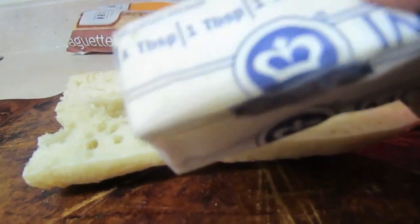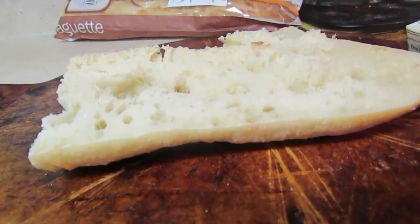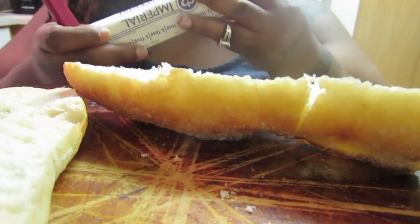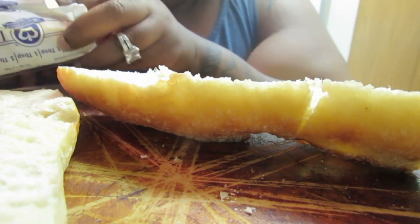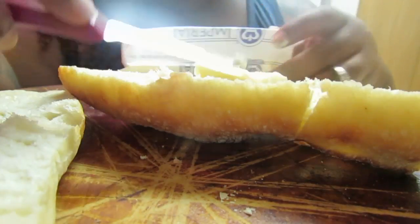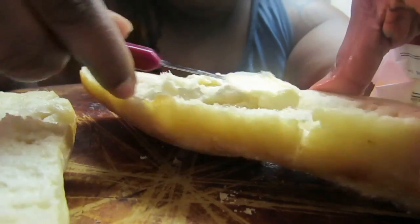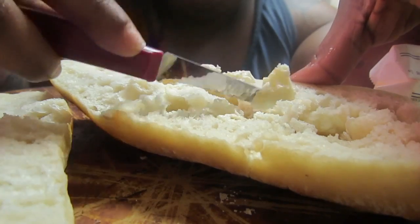I'm just using some regular old butter, and I'm going to put a thin amount on top, and we're going to put some fresh garlic and a little bit of minced garlic, and I'll be right back. Okay guys, so let's go ahead and take our butter. Hopefully you can see me. I'm a one-woman cameraman today, so just take a little bit, skim some off the top. You probably can't see me, I'm out of frame. There we go. We're just going to strategically place little dollops here and there. You don't want too much butter,